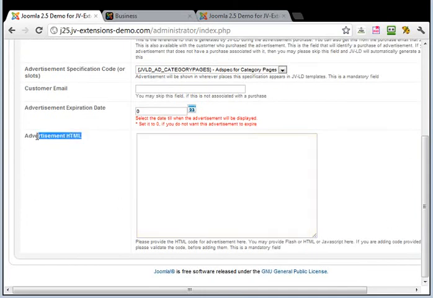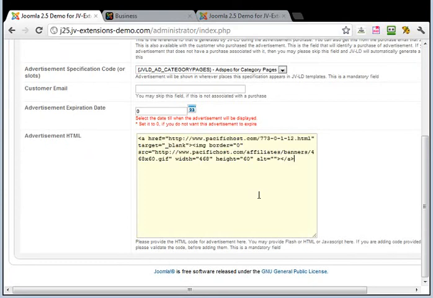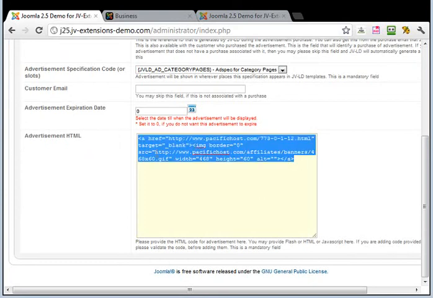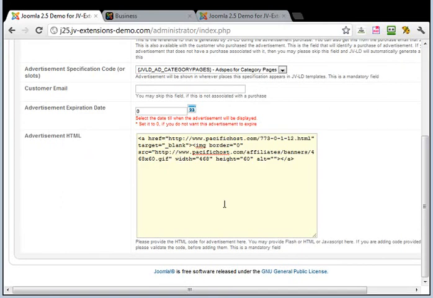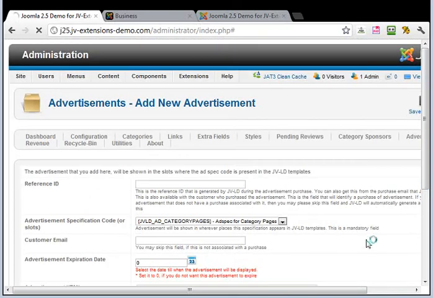The most important aspect over here is the advertisement HTML, so you need to have your advertisement HTML ready. I'm going to paste a particular affiliate HTML code over here, which I expect to appear in all the category pages wherever this ad spec code has been added. So I'm going to save this ad.